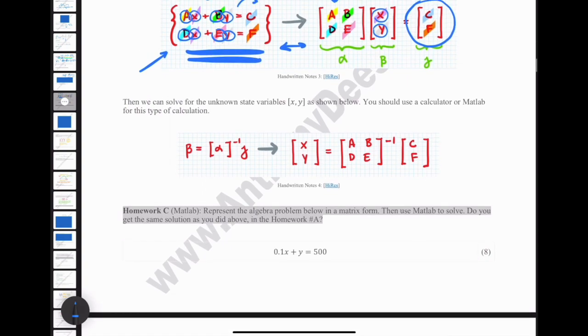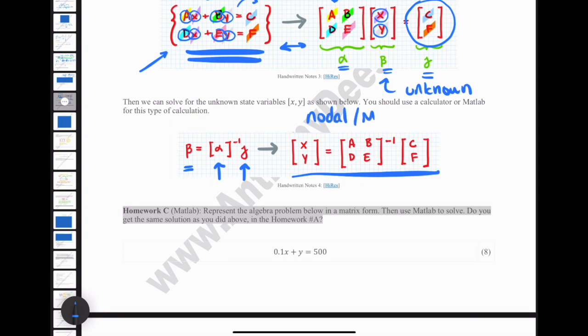So I've named these matrices alpha, beta, and gamma. Let's say we're trying to solve for beta. Let's say this is unknown. We can essentially say beta is equal to the inverse of alpha times gamma, as shown over here. And that will generate a solution for us. This is going to be the basis of your nodal and mesh analyses. We are going to take a relatively complex circuit and put it into a form that looks very similar to